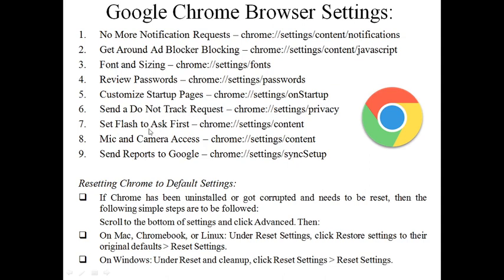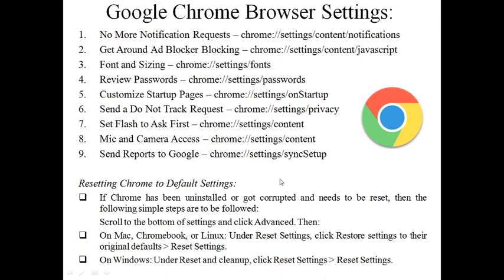To set flash to ask first, that is while playing a multimedia or videos, it will ask the permissions when set flash to ask first. For that, Chrome settings, content. Mic and camera access, Chrome settings, content. Send reports to Google, Chrome settings, sync set.